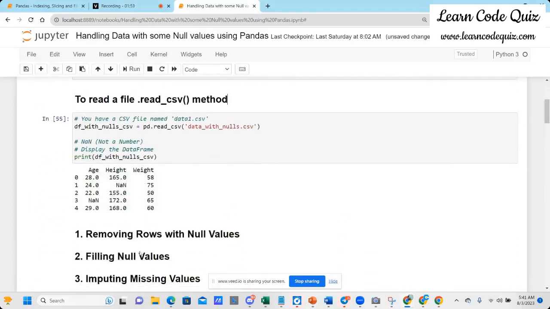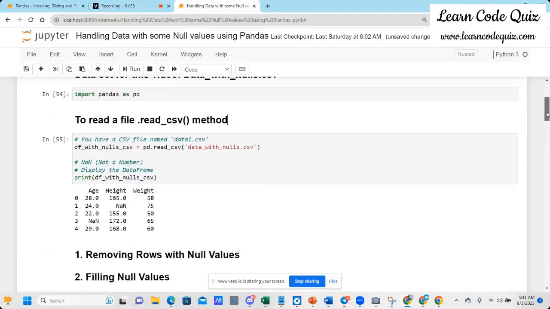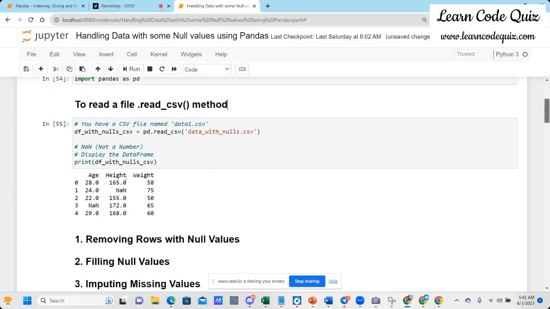First of all, we have the data frame where you can see that we have NaN. What does NaN mean? Not a number. So we have age, the 0 is first, second, third, fourth row. Age we have not a number. Height, second row, we have not a number. Now the goal here is to make this file useful by either inserting some values or ignoring these